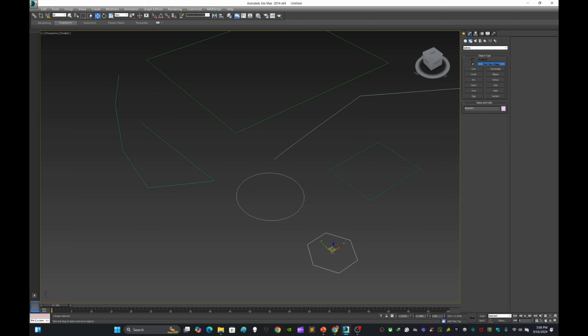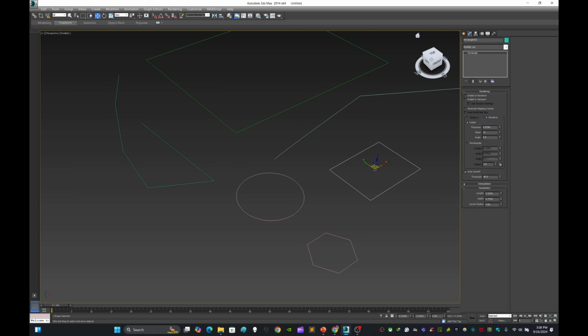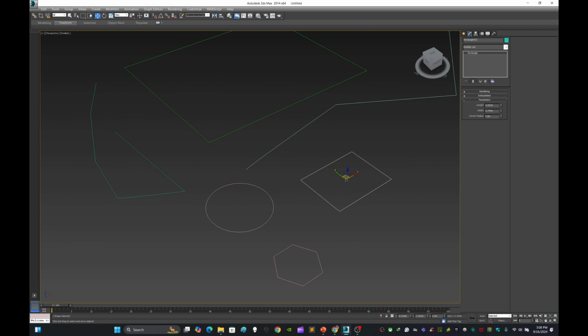These are coming, these are closed shapes, and they are coming with their own parameters. If I go to the modifier list, you can see the options are so limited, like this, like this, like this I showed previously. So what you have to do to convert it in editable spline, just go to and